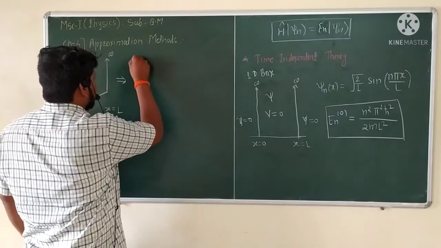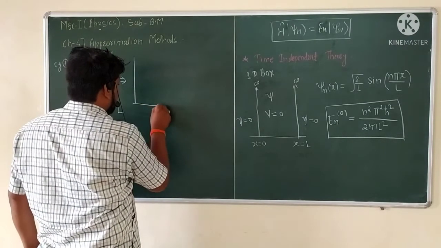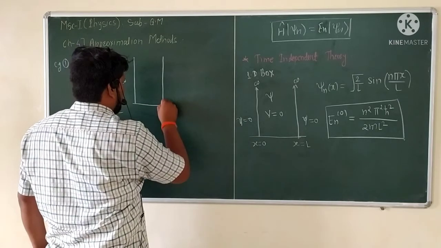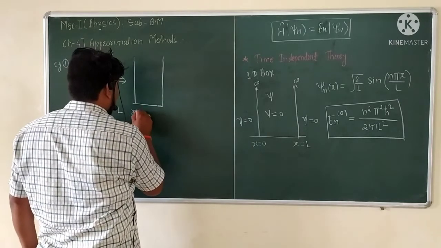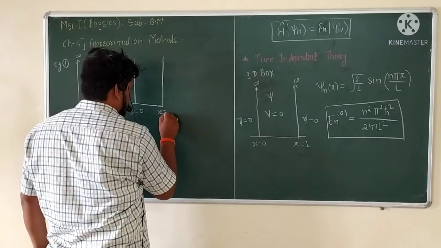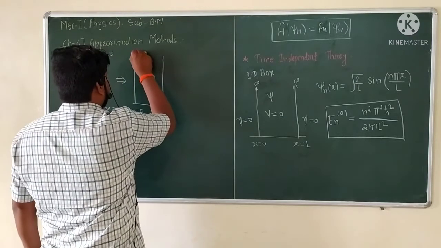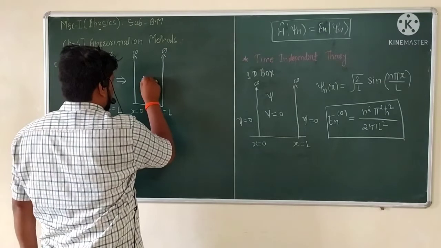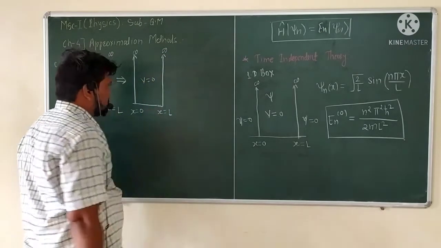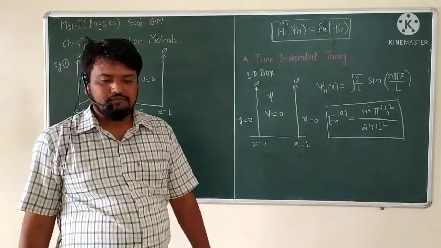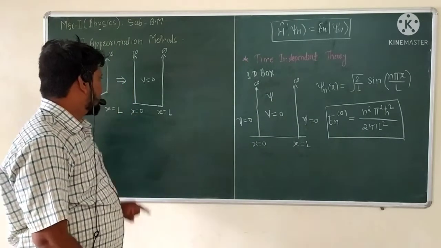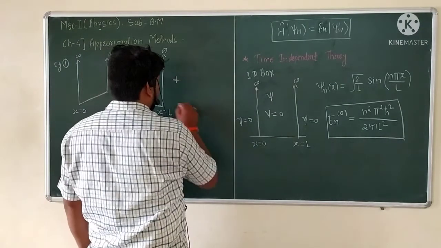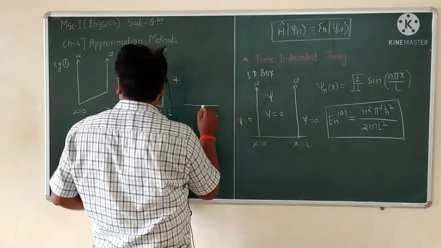First of all, this is considered as x is equal to 0 to x is equal to L. So this is infinity, this is infinity, and the potential inside the box is 0. This is the original diagram, and this is nothing but your removed part in the